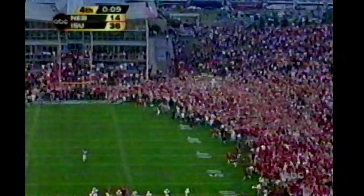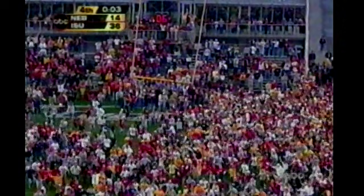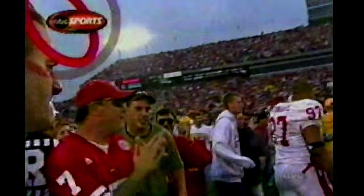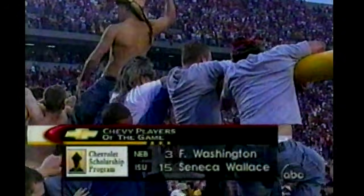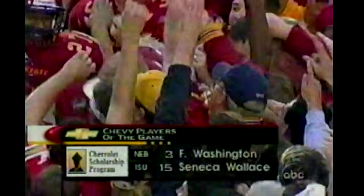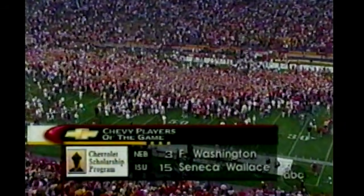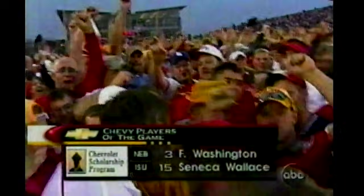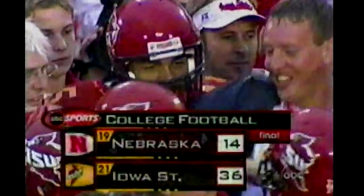Let the party begin. The students mobbing the team. 36-14 is our final score. And our Chevrolet players of the game for Nebraska, Fabian Washington, and the leader, Seneca Wallace, for Iowa State. He throws for 220 yards. Threw for a touchdown. Ran for a couple of scores. Perhaps the greatest day in Iowa State football history. Seneca Wallace leads the Cyclones